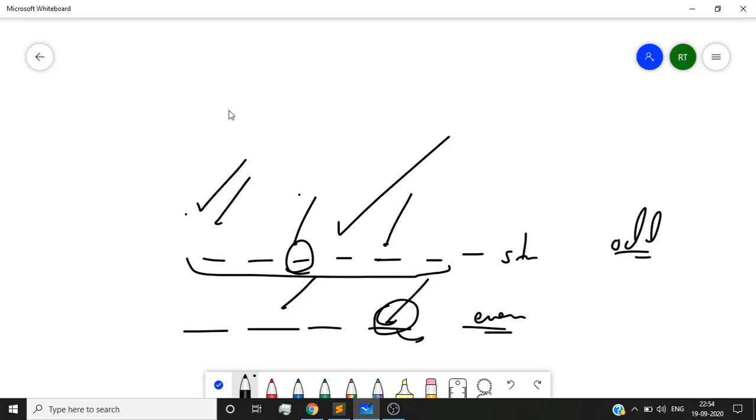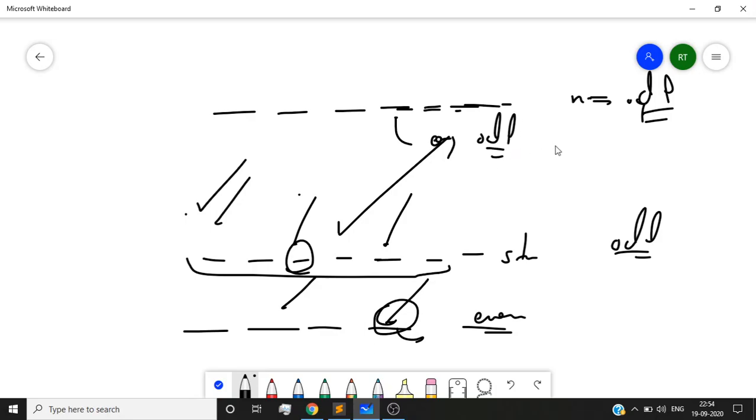So let's say I'm Player 1, and n is odd, basically the length of the string is odd. My strategy is to look for any odd position where we have an odd element.